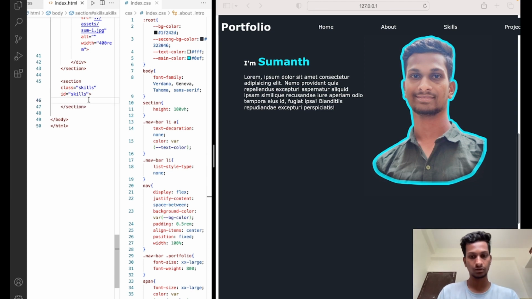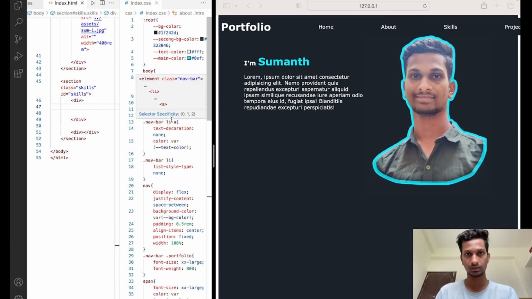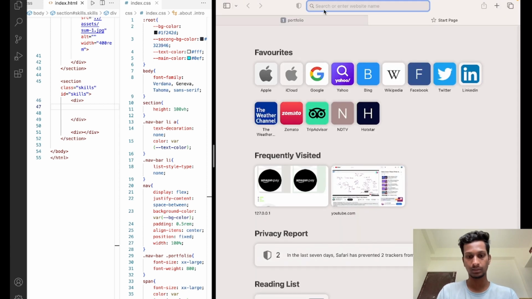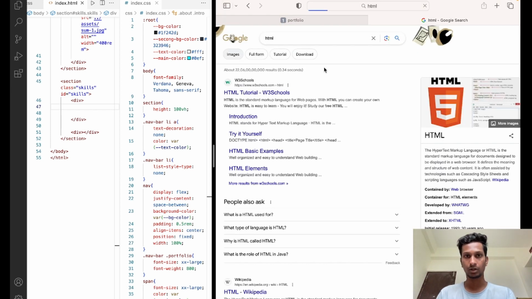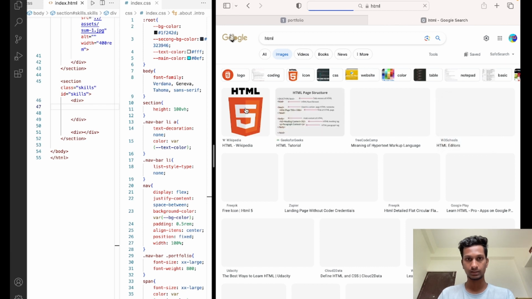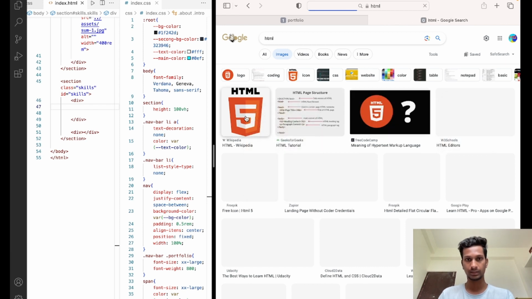In the skills I want to create two divisions. No need of mentioning the class names because it is not important here. Okay, in every division I want to place two images from Google itself. For example, I am taking the HTML logo. I'm copying the image address. Now you can see this is an image. I'm taking the image address